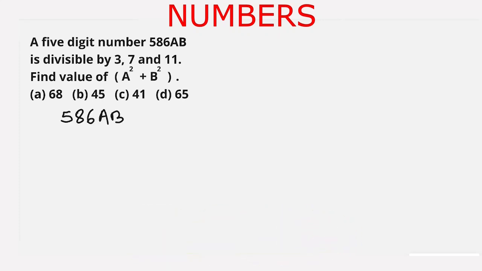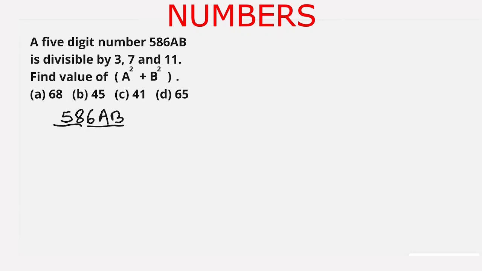The given number is 586AB. This number is divisible by 3, 7 and 11. If it is divisible by 7 and 11, then it must be divisible by 77. For finding the divisibility by 77, we use the 3-digit rule and we make pairs of 3 digits, and one pair is